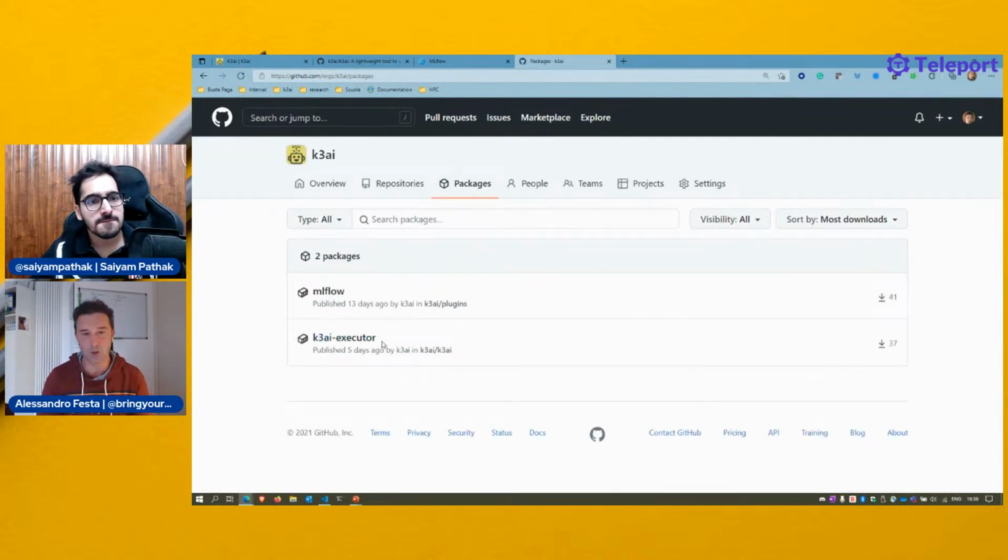Now, the K2r Executor is a simple Docker image that has all the logic to recognize the backend. So based on the backend, we execute the backend as explained in their documentation. For MLflow, we are currently using the MLflow API. For Kubeflow, depending on whether you're running pipelines against Argo or Tekton, we are using the KFP SDK for Argo and the KFP SDK for Tekton. For Airflow, the Airflow CLI and API, and so on.